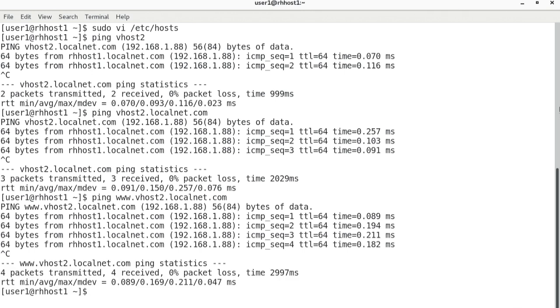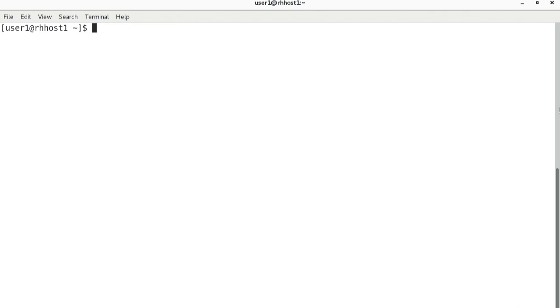Now we need to restart the Apache service. Type in clear and then type in sudo systemctl reload httpd and hit enter. To troubleshoot our virtual host, we can follow the log file specific to this host. Open a new terminal tab,